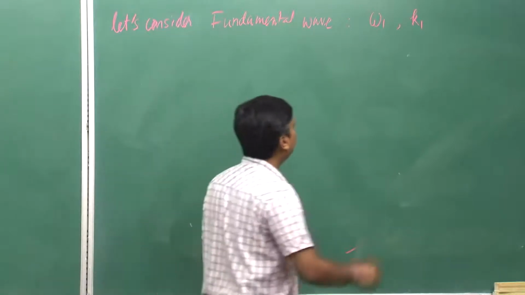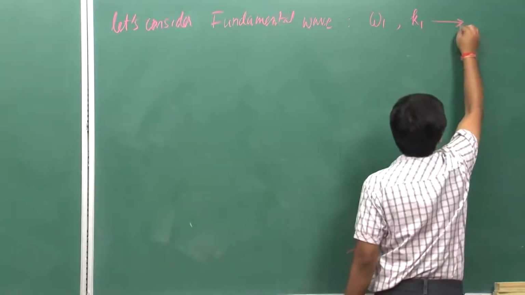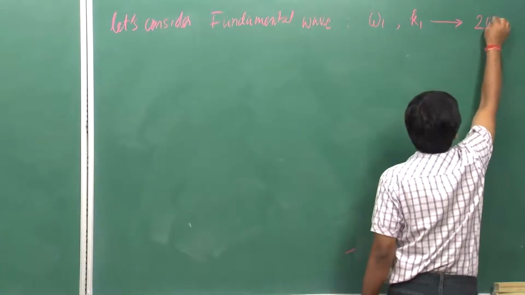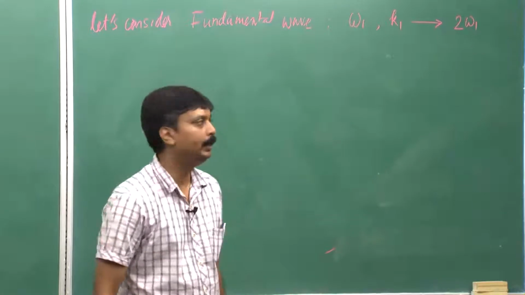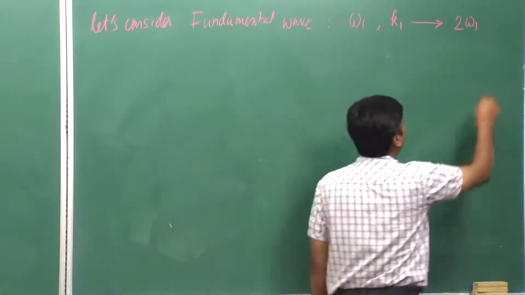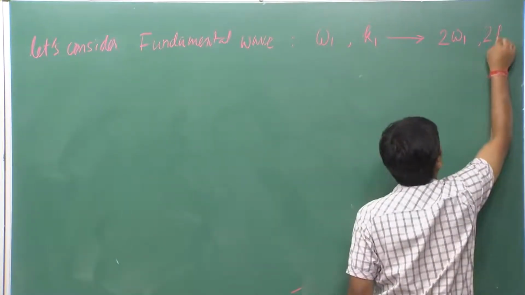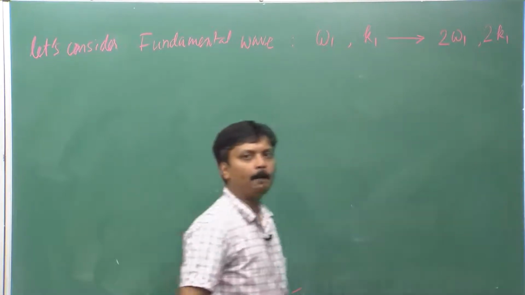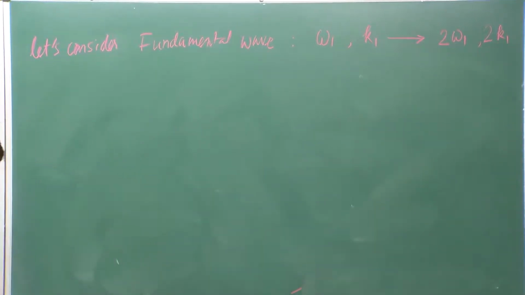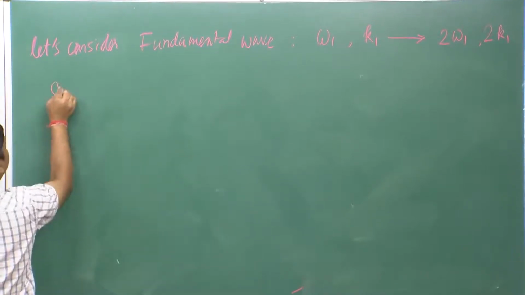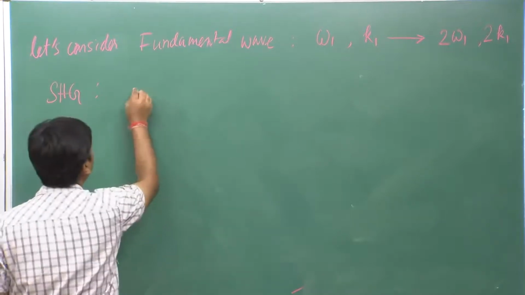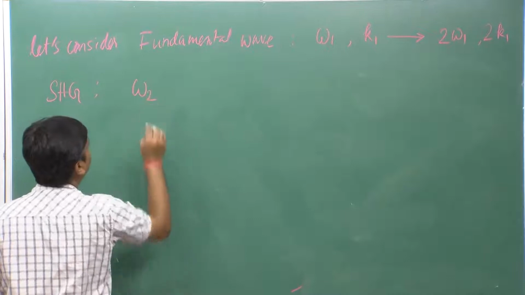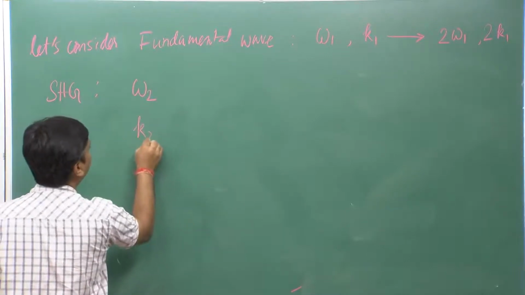So, this will lead to polarization created at frequency 2 omega 1 and corresponding phase velocity will be 2 k1, right. Now, the SHG that will be created will be characterized by its frequency omega 2 and wave vector